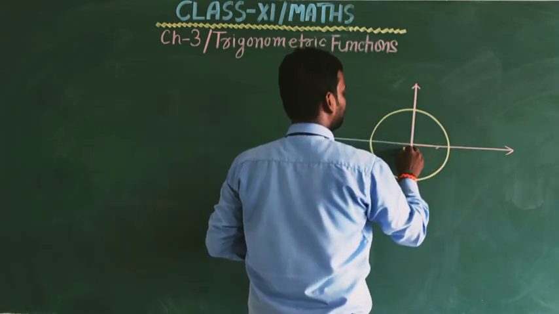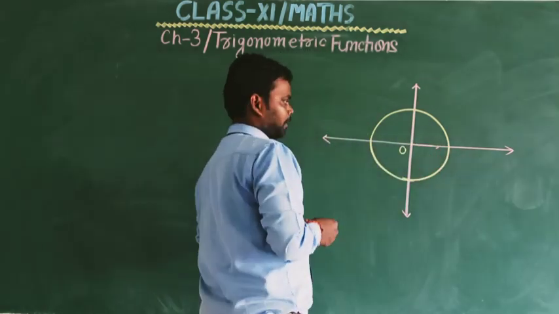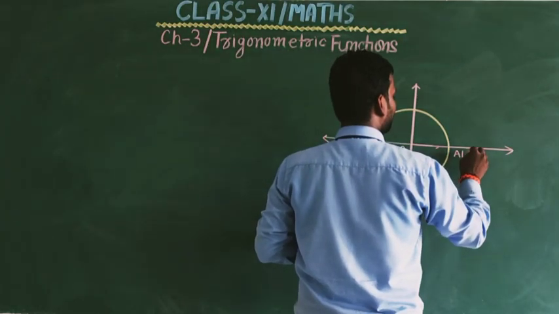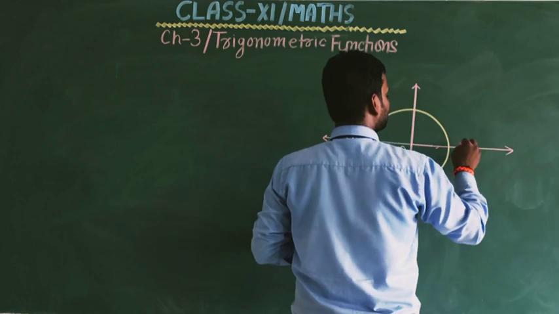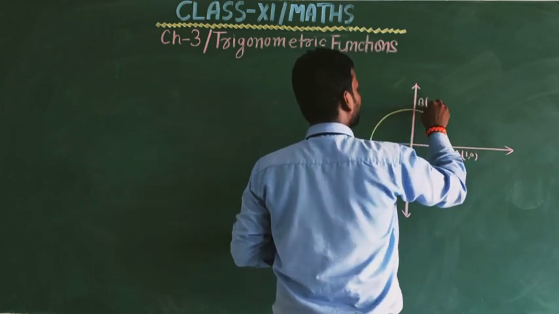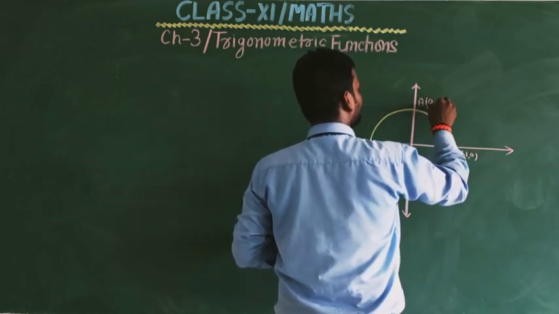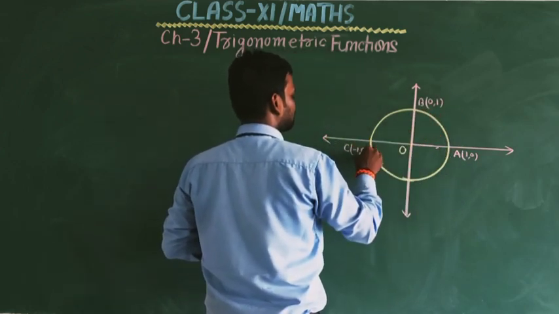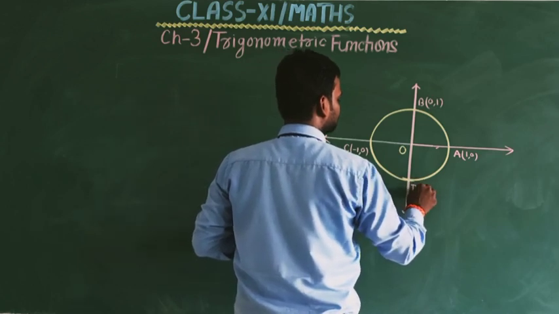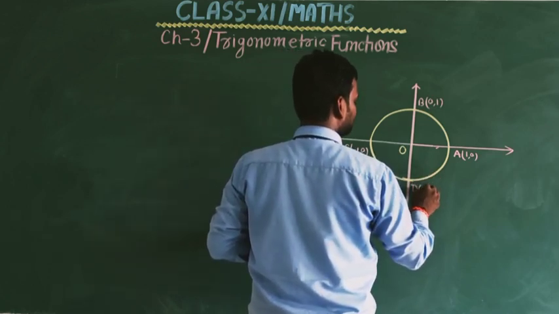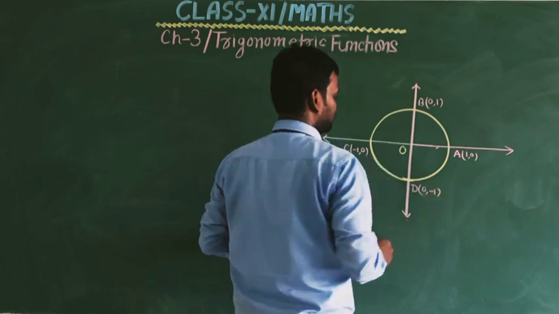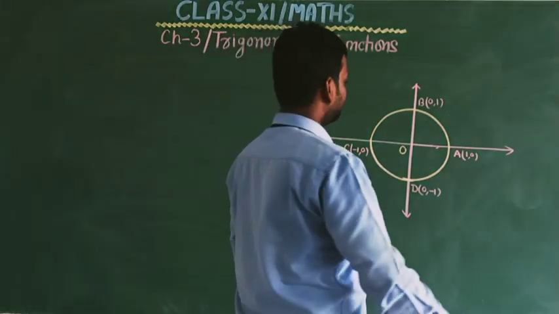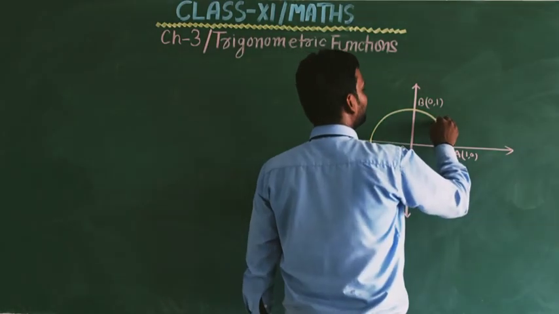This is the center O. Let this be point A whose coordinate is (1, 0). This is point B whose coordinate is (0, 1), and C is (-1, 0). This is D, whose coordinate is (0, -1). Let us consider a point P whose coordinate is (a, b)